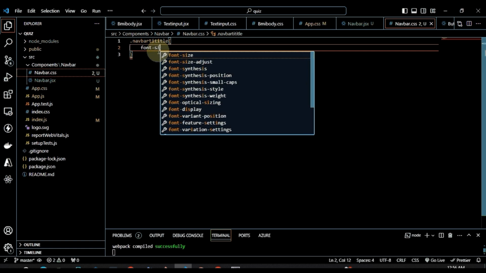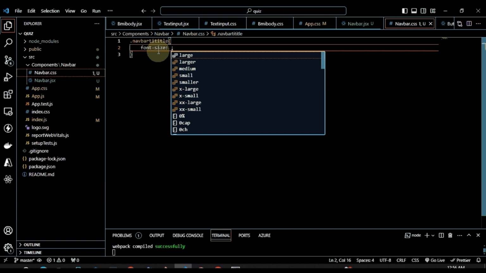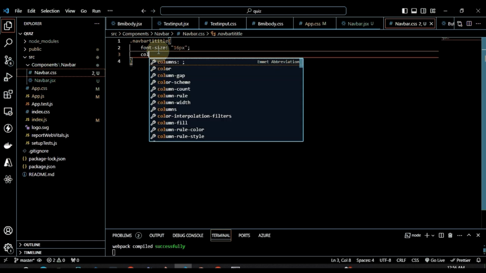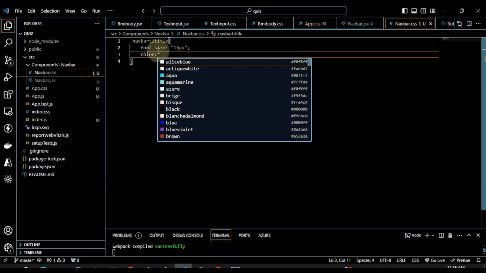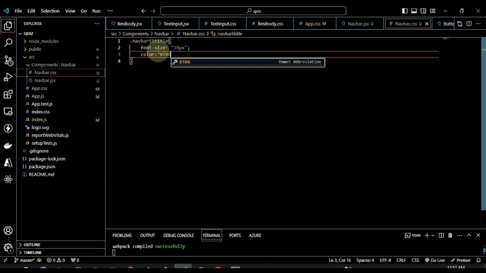Okay, so this is not like our JavaScript object where we use a camelCase key. So use your normal CSS syntax. I'm going to give this 16 pixel, and let's see, color #F00, that's red. Right, so if I go back here,